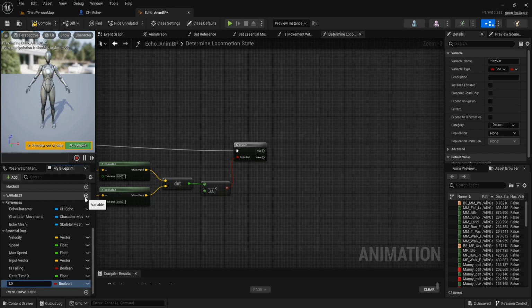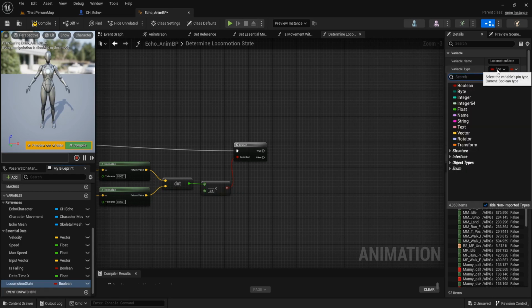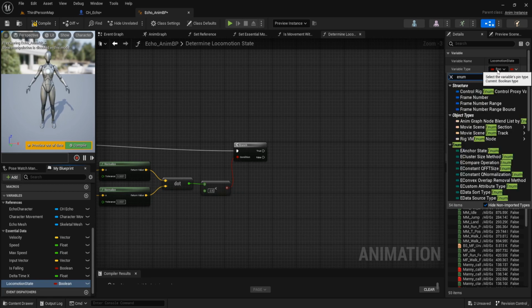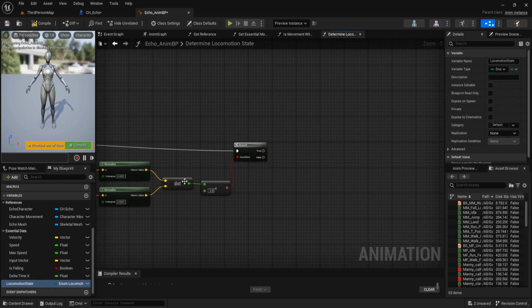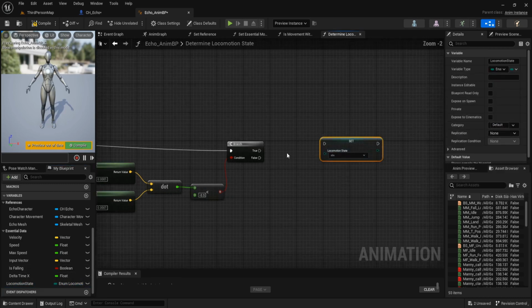Variable name is locomotion state and variable type is enum locomotion state. This one is the enum locomotion state that we just created, and set this state to idle when it's true.